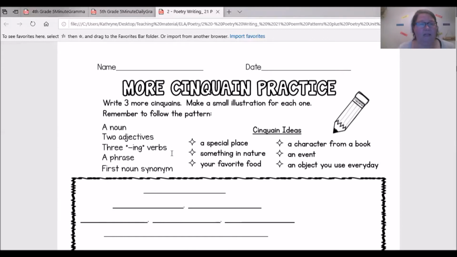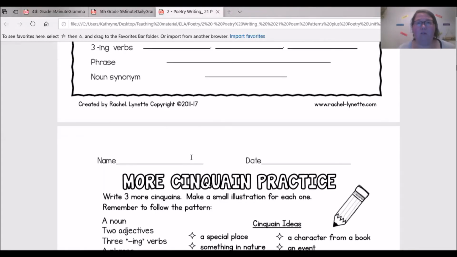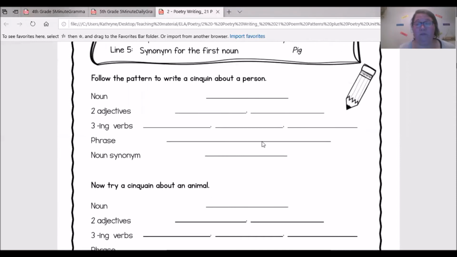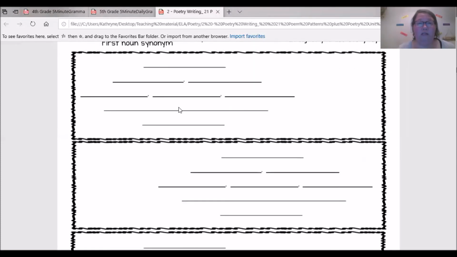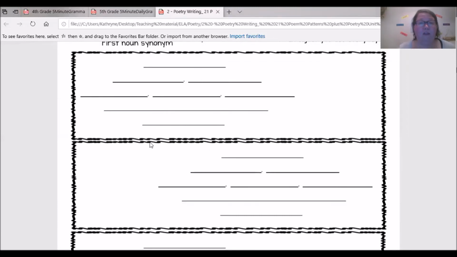As I said in the video before, one of your poems does have to be about your mom. Okay, so if you did one here for person for mom, then you're fine. You don't have to do another one. You can if you want. If you think you can come up with an even better one, you definitely can, but you don't have to. So these three poems down here, again, one has to be about mom, if you hadn't done it before. And then the other two is up to you.